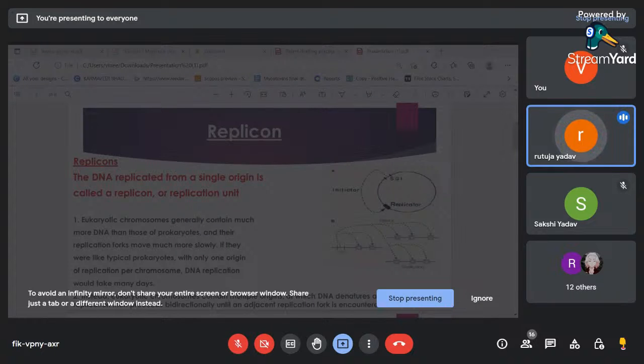Instead, eukaryotic chromosomes contain multiple origins at which DNA denatures and replication then proceeds bidirectionally until an adjacent replication fork is encountered. In eukaryotes, replicon size is smaller than it is in prokaryotes. Replication is slower, and each chromosome contains more replicons. Number and size of replicons vary with cell type. Not all origins within a genome